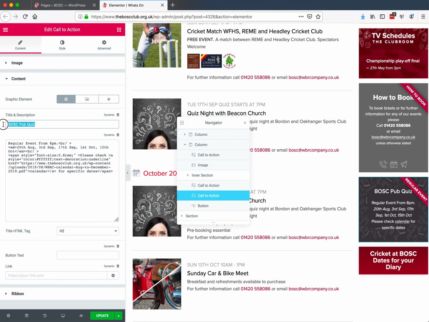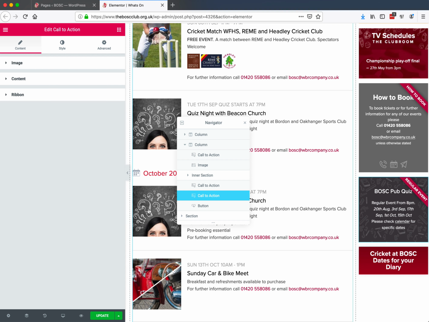And so we've got our title here, we've got our ribbon over here, and then we've actually got the meat over here. So our regular event from 8 PM, and then you'll notice that we've actually put the dates in here for the next events for that one. The other thing you'll notice is we've got please check calendar for specific dates. That calendar is linked to the most recent PDF showing all of the dates. And in another video I'll show you how to actually get that URL so that you can put that in there. Okay, and then finally the button here